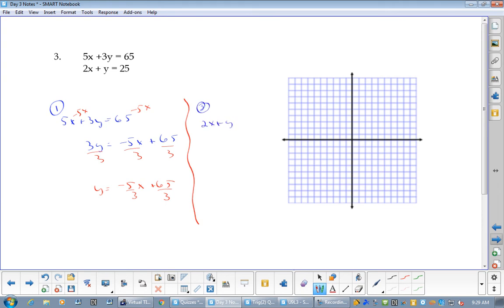2x plus y equals 25. Minus 2x. y equals -2x plus 25. That's just too nice. Okay? Now,